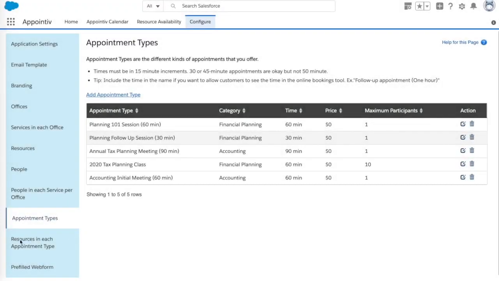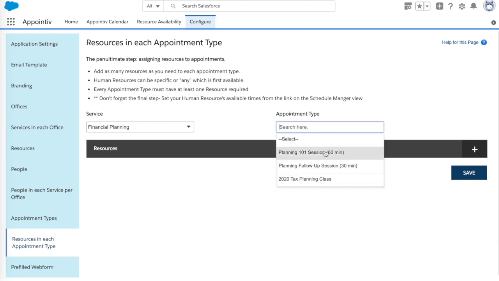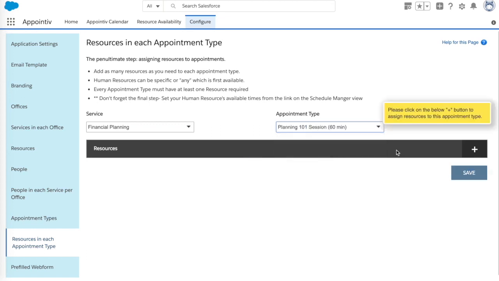Let's move down to the next step, which is resources in each appointment. This is where you tell the system what is required to be free in the calendar in order to host one of these appointments. So I'll start out with my financial planning, and I'll say for my 101 session, and it's going to tell you here in a yellow pop-up that there's nothing selected in the resources line,